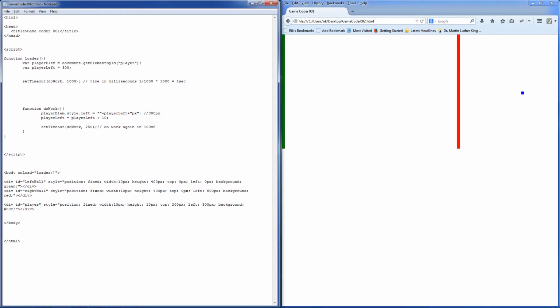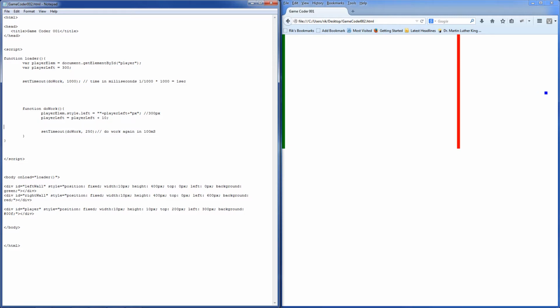So what we're going to do is something called a conditional. So we're learning a lot in this little tutorial. We're going to do a test. So if player left is greater than, okay, where is that right wall? The right wall is at 600. So if player left is greater than 600,